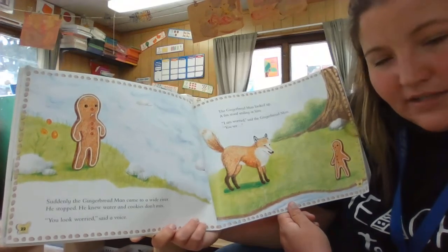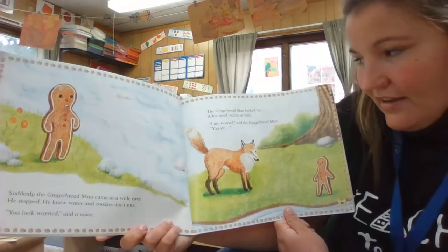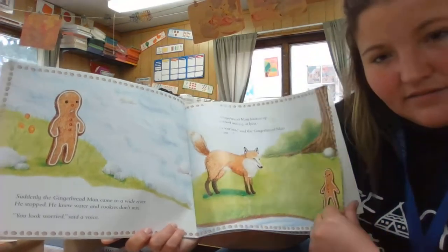"You look worried," said a voice. The gingerbread man looked up. A fox stood smiling at him. "I am worried," said the gingerbread man. "You see,"